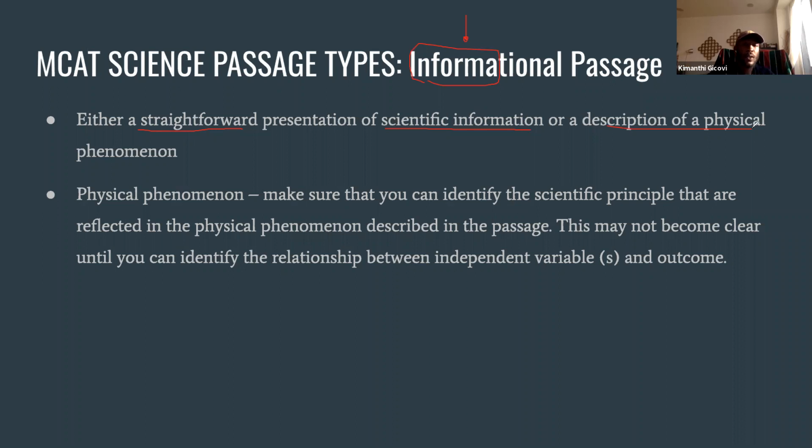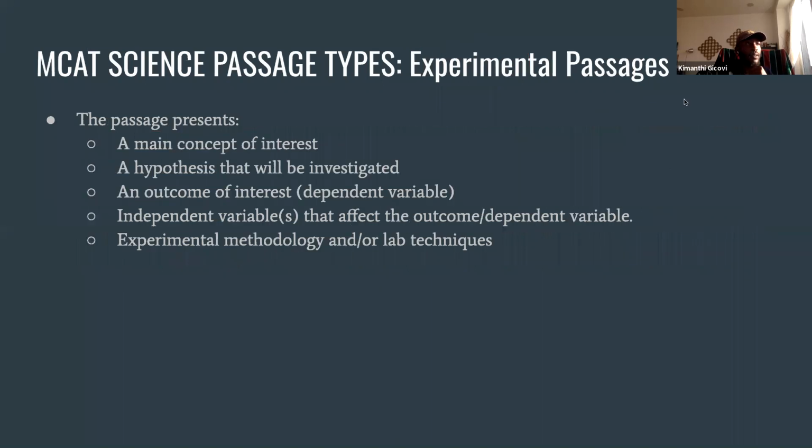But what they're gonna do is present you the experiment that proves or supports that very, very straightforward piece of information you know. You might understand electronegativity, but then they might give you a passage that requires you to critically reason through an experiment that is really centrally focused on electronegativity. We're not gonna talk about the informational passage too much in depth today because we're focused on biochem passages. So let's hop on over to the next thing.